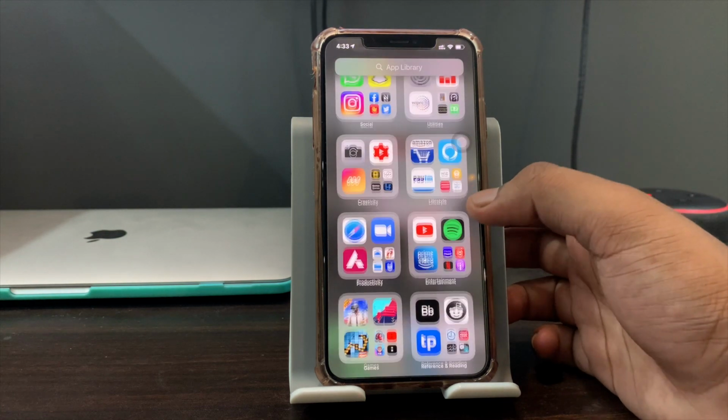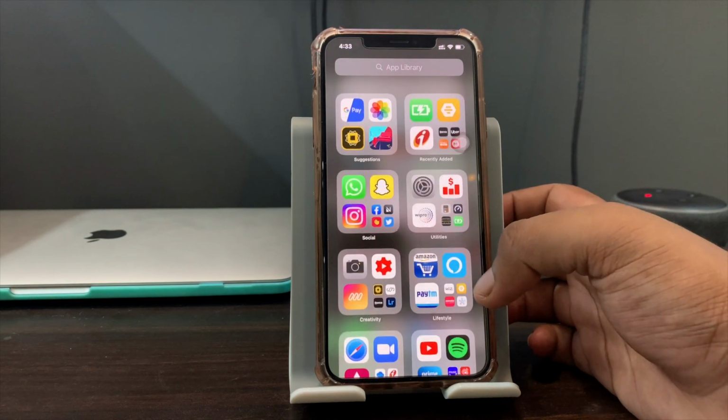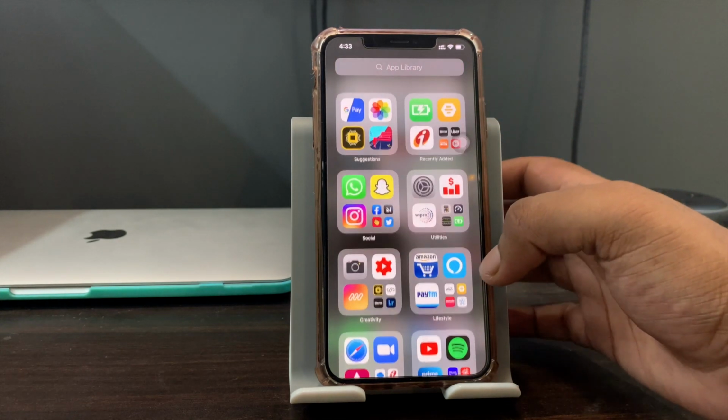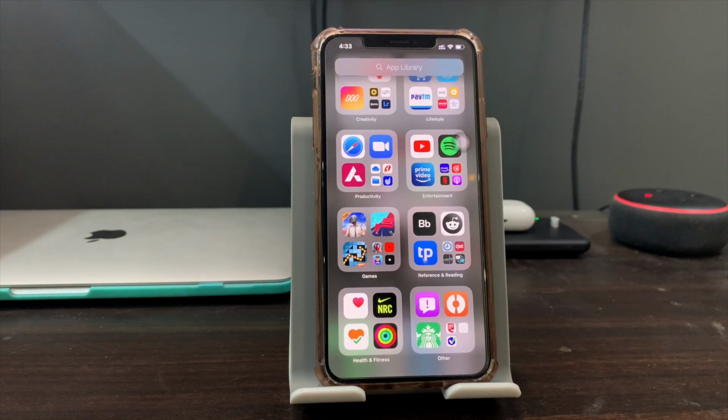Okay, so now let's talk about app library. Now you can see that this interface looks really nice. This app library is arranged automatically. You cannot change that. But in my perspective, these categories are perfect.